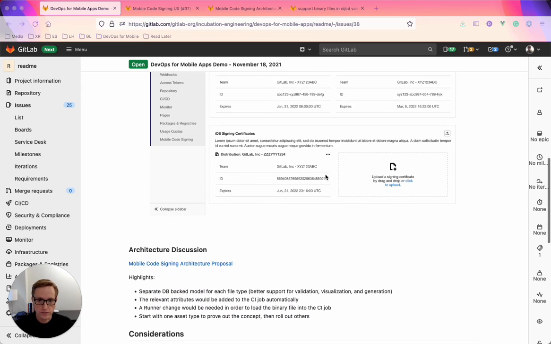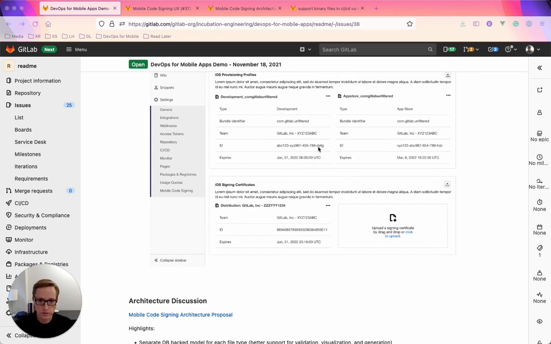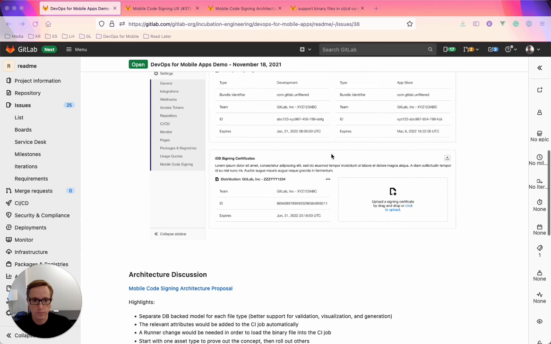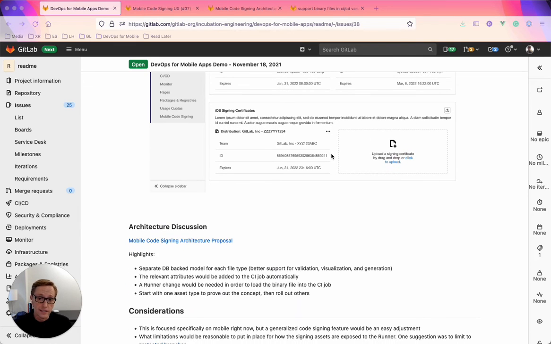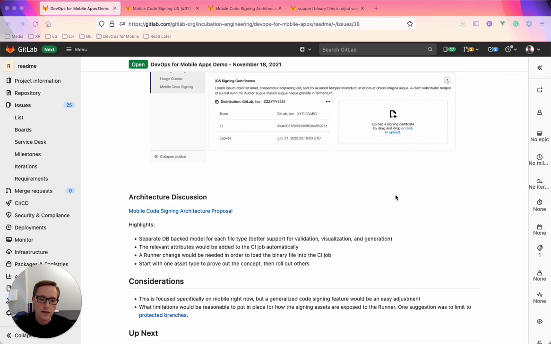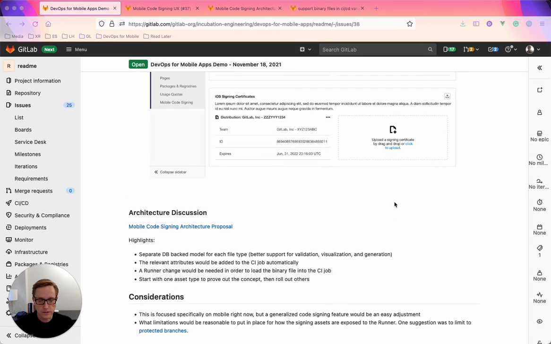So we would do that. We can also visualize it better. Being able to see the bundle ID or the team identifier or things like that within GitLab would, I think, be very helpful. And then it would prevent confusion around which file we are passing around, or what the internals of that certificate are. And then I think this could also set us up to be able to generate files